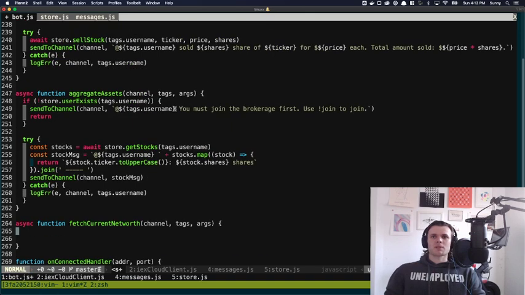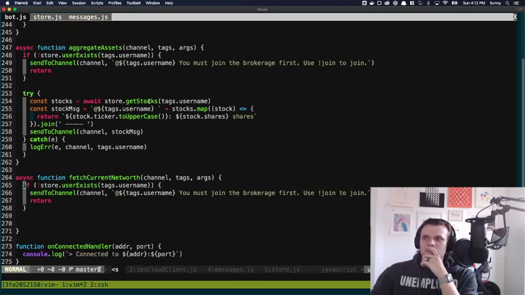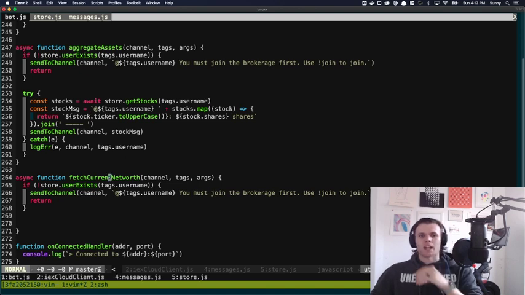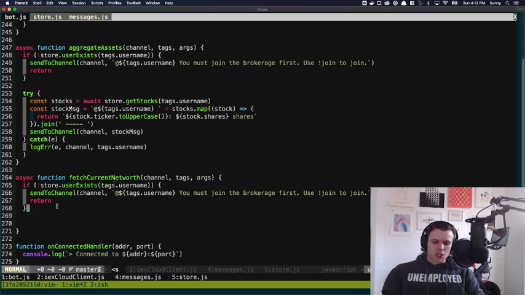Alright, so I'm gonna do the same thing here. I'm gonna check if the user exists. If not, then first join, and then what we're gonna do is, okay, so how's this gonna work? For getting the current net worth,